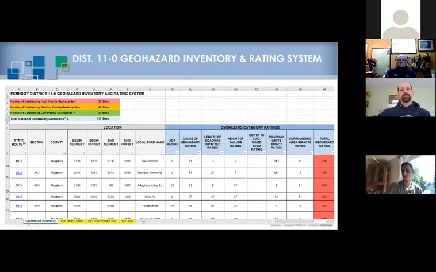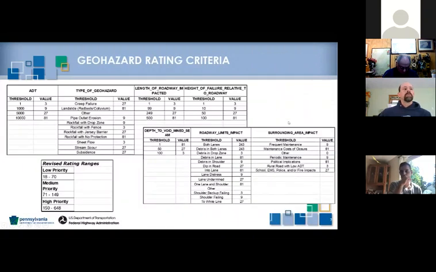Then we can sort those from the highest one to the lowest, and the ones through a certain threshold are red, amber, and green, and that's how we figure out which ones are the most important. Just because a particular road might be failing and maybe even close to traffic, if it's a super low ADT, that might bump the rating down. So we tried to have a mix of rating categories to help us get a true picture of what's going on.